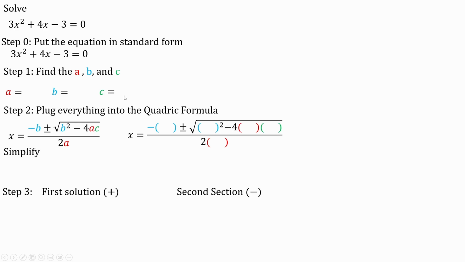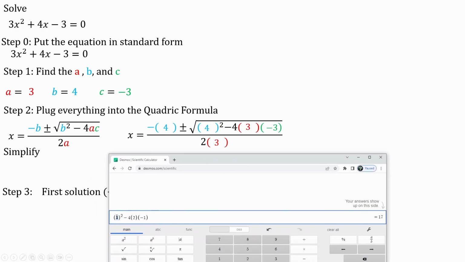All right, then we want to find the a, which is 3, because that is in front of the x squared. The b is the 4 in front of the x, and the c is the constant, which is negative 3. We plug it into the quadratic formula, so x is equal to negative parentheses 4 plus and minus radical 4 squared minus 4 times 3 times negative 3, all divided by 2 times 3. And again, let's go to Desmos to see what we can plug in. So that's 4 squared minus, this is a 3 times a negative 3. And we saw that is